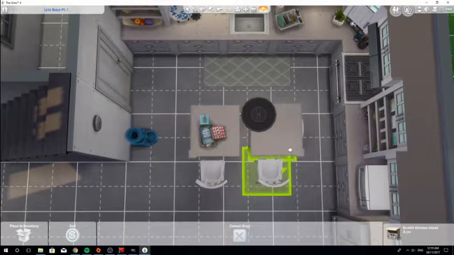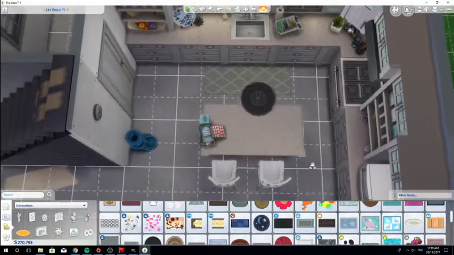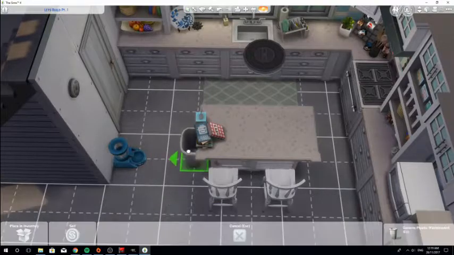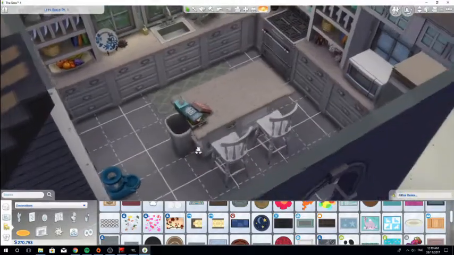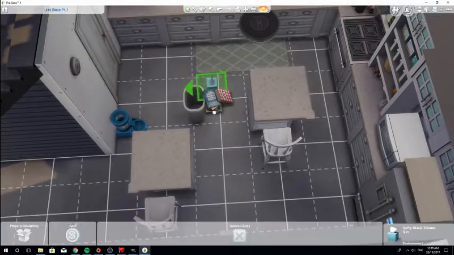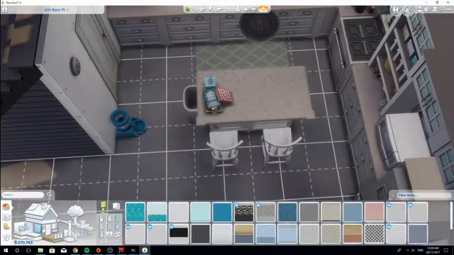So I could move that over. Should I? Yes. And then I'll put the bin there. Yeah. Okay. And then I just need to move that over. So there. And then the last thing that we need to do is come back in here and fill the